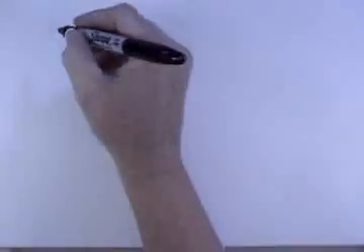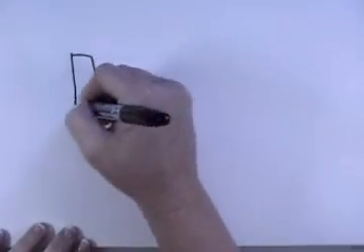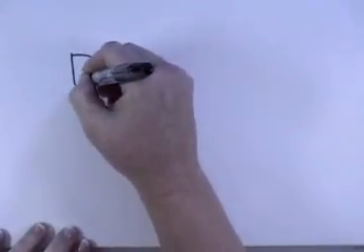So if I'm looking at this problem, I'm going to draw a rectangle for my first building. And I'm going to mark that as 50 feet high. Next thing, it says, from the top of a building 50 feet high, the angles of